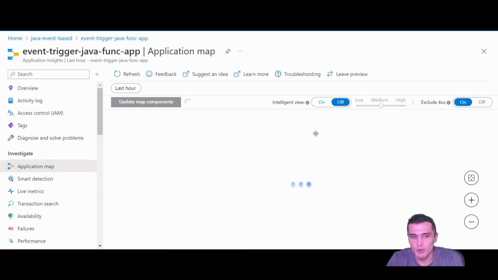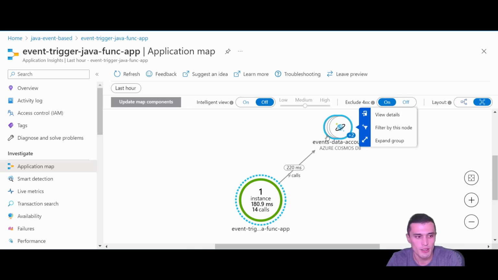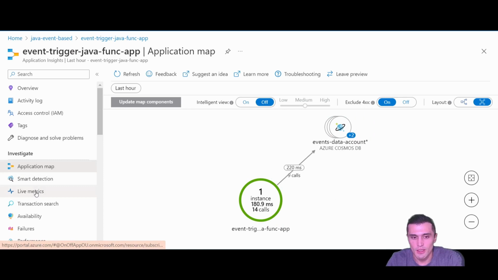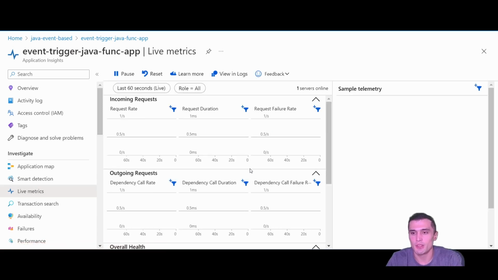Application map gives you an idea of how dependent your services are on each other. For example, our function app depends on the Azure Cosmos DB, right? Or you can go to live metrics and see some live metrics happening, and now we are connecting the live metrics stream.